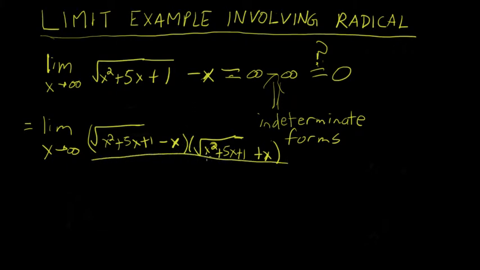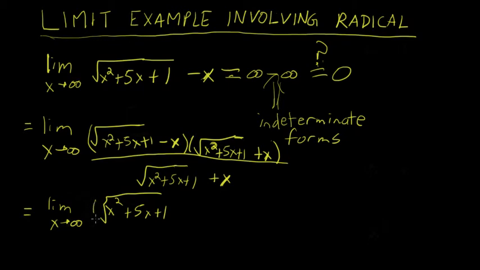So we multiply and divide by the conjugate because in order for these two terms to be equivalent, we can only multiply by 1. So if we want to multiply this by 1, we can multiply by the conjugate over itself. And so that's exactly what we're doing here. And what this does is this gets the square root or radical out of the numerator, because this times itself is basically